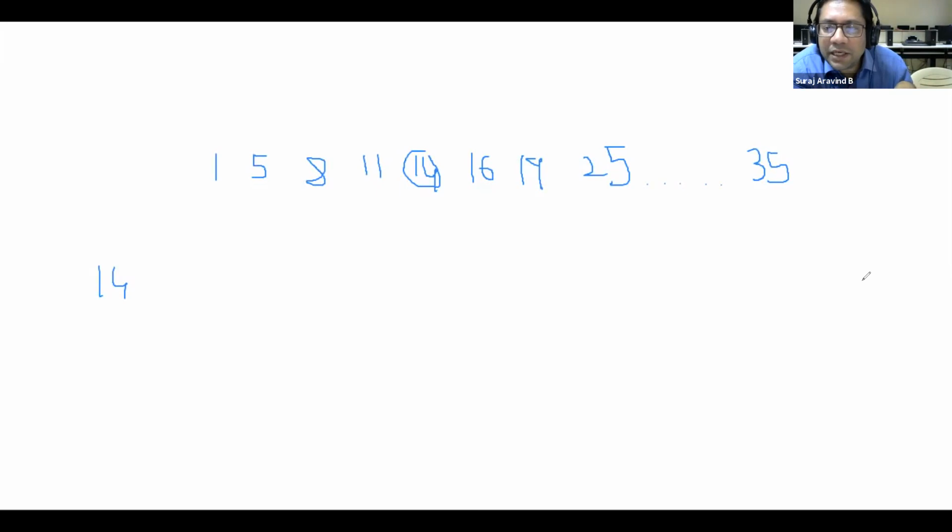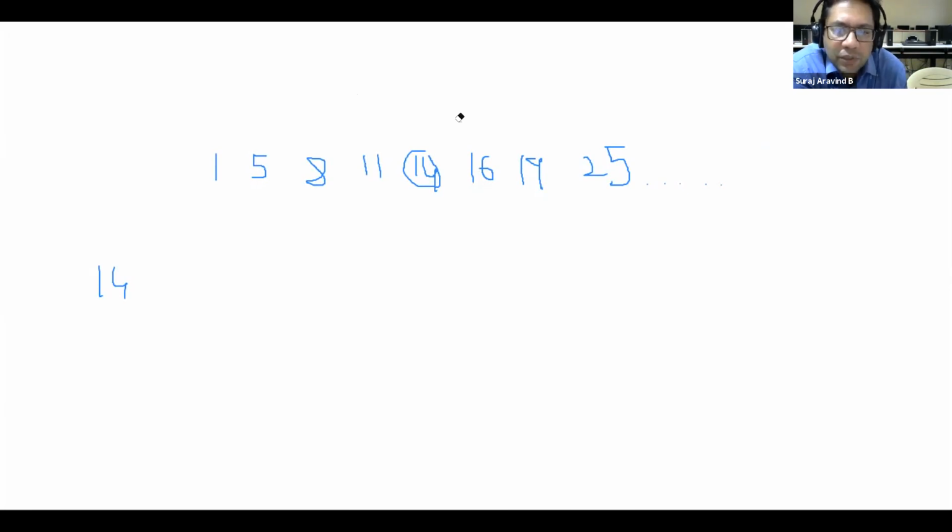So can you erase 35? Or else leave it, no problem. Okay, right, good. Now, 1, 2, 3, 4, 5, 6, 7, 8. 8 elements are there. Now I have to check for the middle point. So 8 by 2, 4. I'll look at the fourth index.